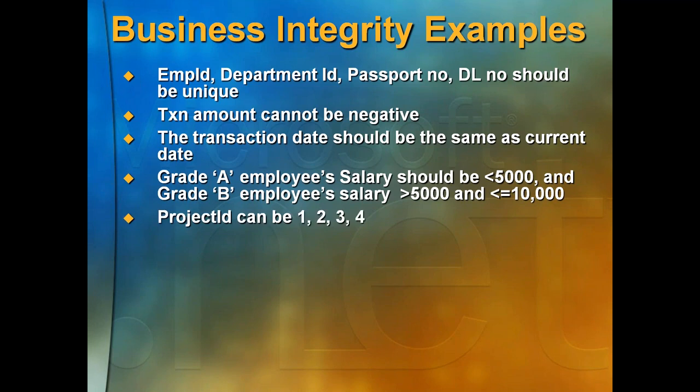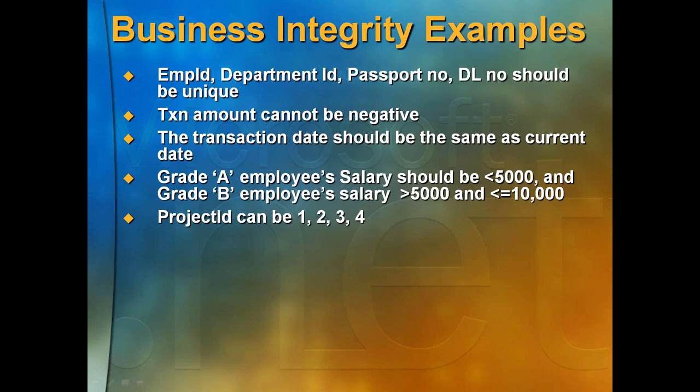Project ID can be either one or two or three or four. So what is the meaning? The company has only four projects. So a new employee has joined. For example, Hemant joined, or I have joined a company. HR has given project number 55, but the company has only four projects. How can the HR manager allocate project number 55? This is wrong data, right? So either she can allocate project number one, two, three, or four to me, but not more than four. So this is completely invalid data.